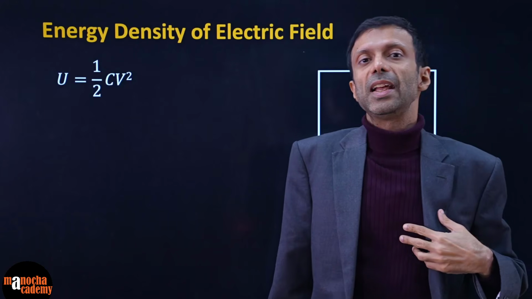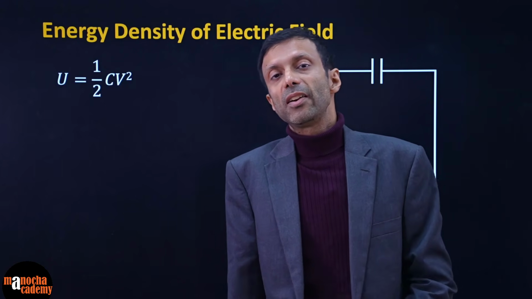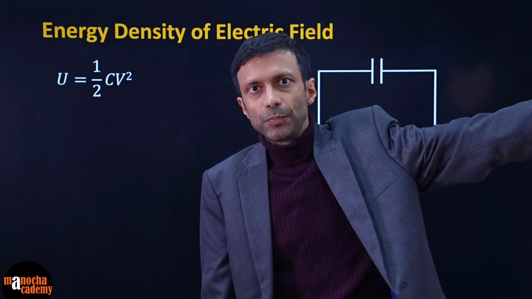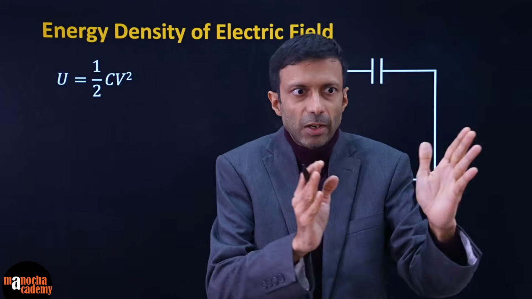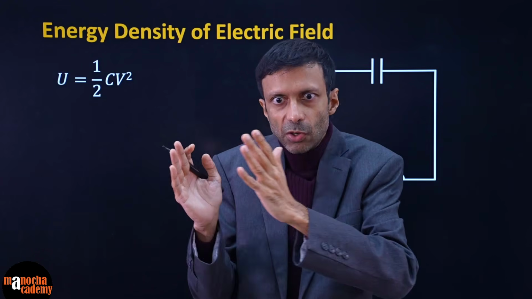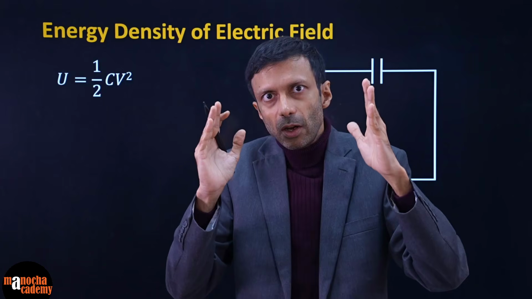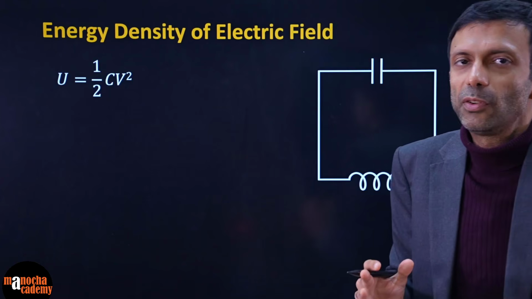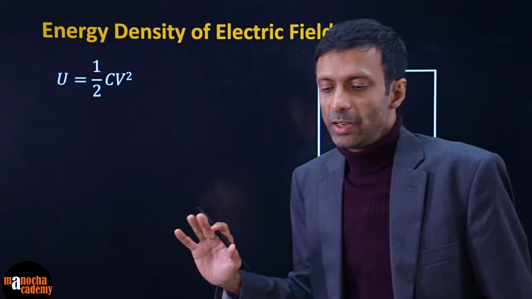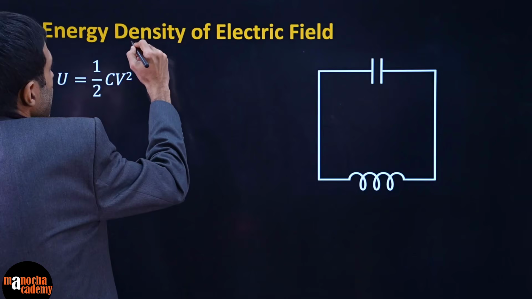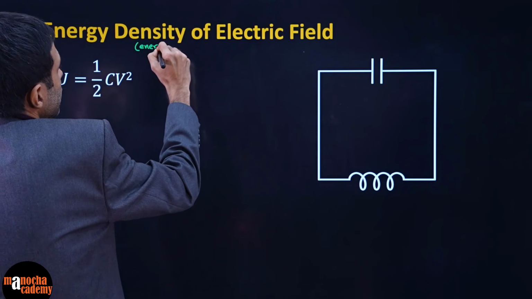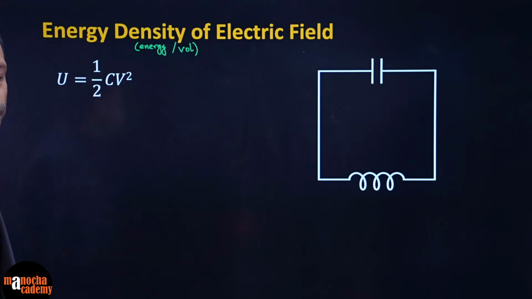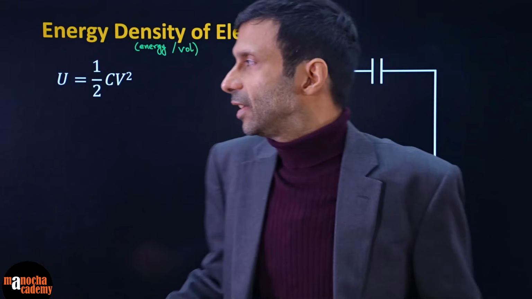What is the meaning of energy density first of all? Energy density means we are trying to work out energy per unit volume, because the wave is propagating like this. As the wave moves, how much energy is the wave containing or traveling per unit volume? So energy density, that's what we are going to work out, is energy per unit volume. Clear? So first we'll work out the energy density of the electric field.